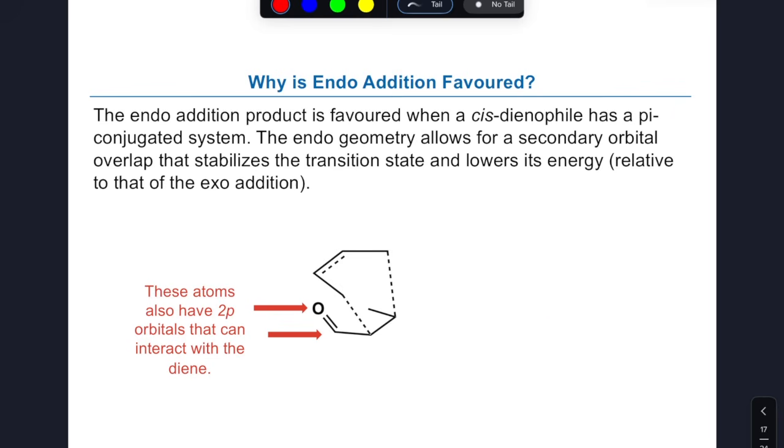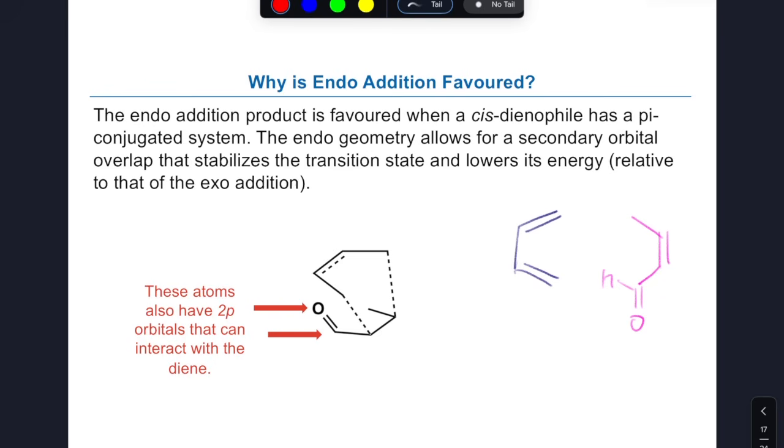The diene here would simply be this. The dienophile that I'm showing over here would actually be methyl aldehyde, like this. So here's a case where the dienophile has this pi system attached to it, and as a result, having that pi system coming in underneath this ring, closer to this newly forming point, is what we call